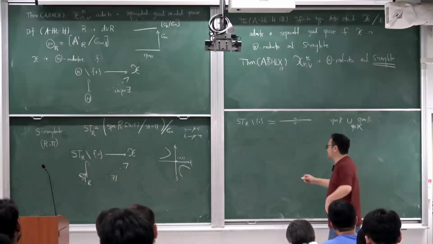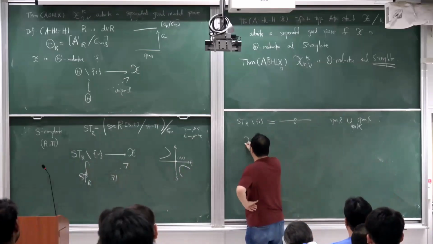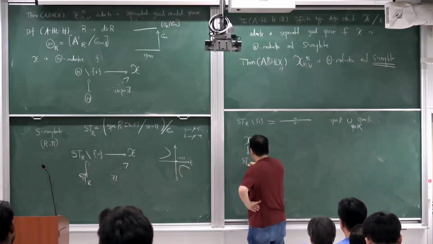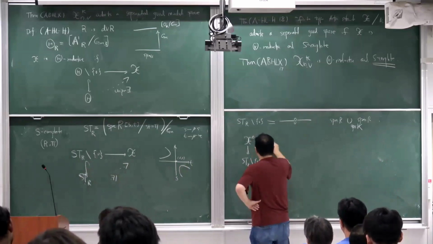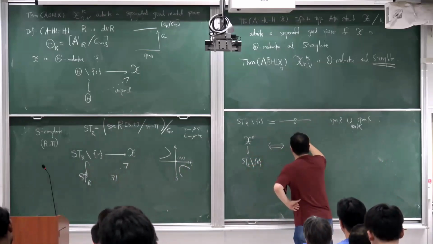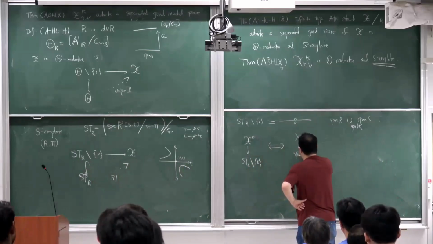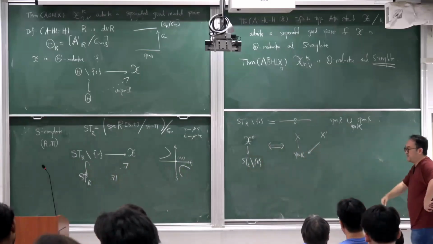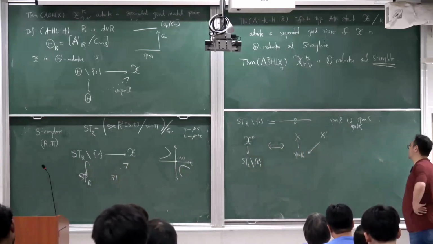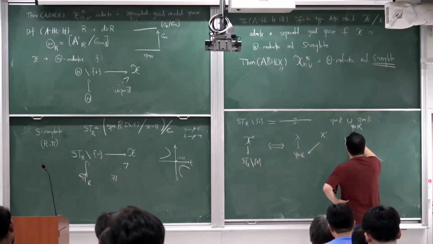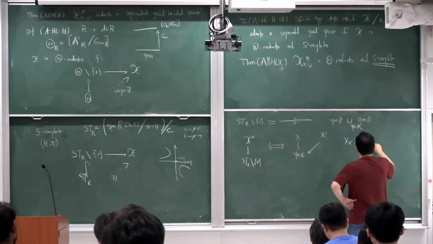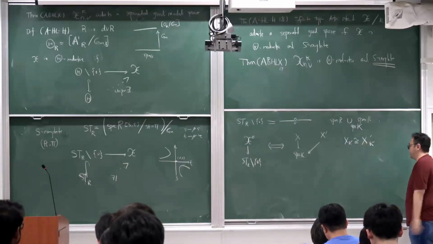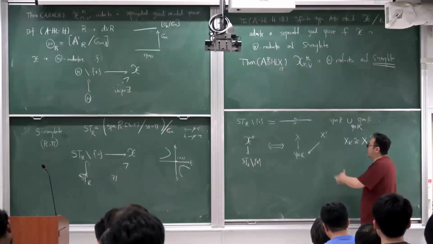So what does this mean? So you have a family of Fano. This data is precisely just saying I have an X over Spec R, and I have X prime over Spec R, such that both give me a family of K-semi-stable Fano varieties, such that the X_K is isomorphic to X prime K. Right. So basically I start with this kind of data, and then I want to show I can extend this